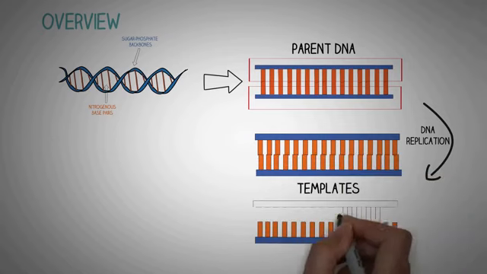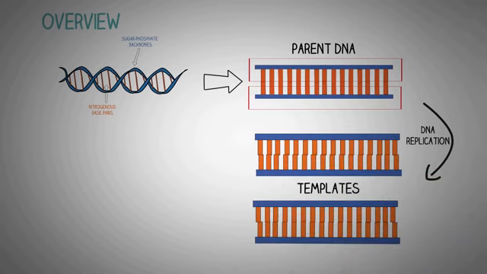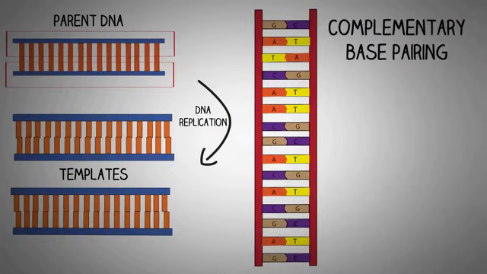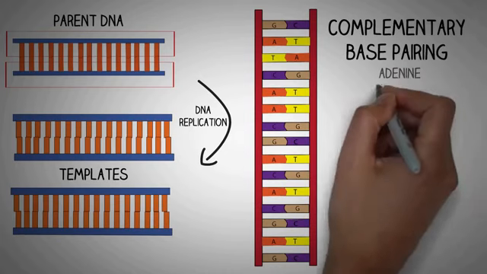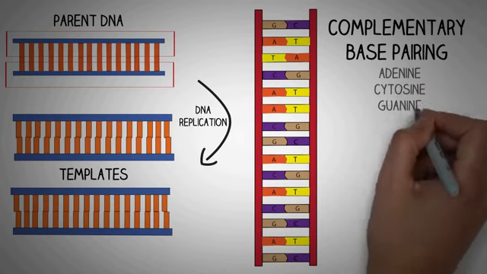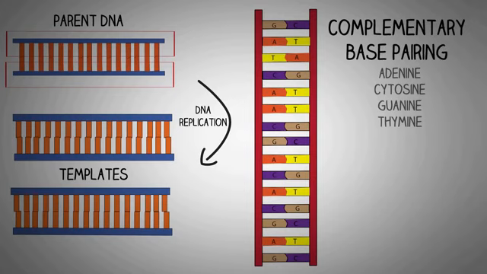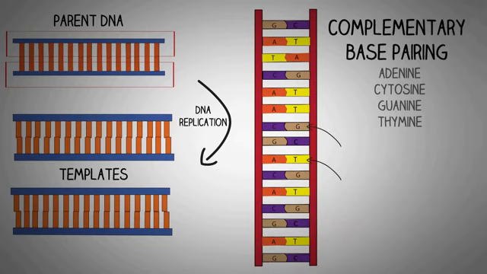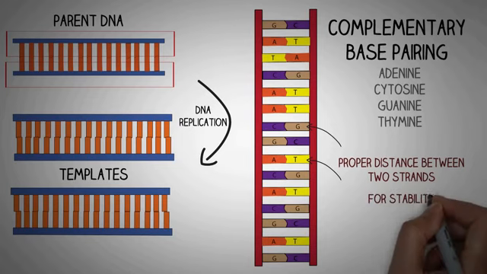Now this process is made possible by the concept of complementary base pairing. Basically, we discussed the process of complementary base pairing in detail in the previous videos, and in a nutshell you can note that the DNA consists of 4 nucleobases, which are the adenine, cytosine, guanine and thymine. In the structure of the DNA, the base adenine always pairs with the base thymine and the base guanine always pairs with the base cytosine. This is called the Chargaff's rule of DNA complementary base pairing. This is done so to maintain a proper distance between the two strands and also maintains a proper stable structure of the DNA helix.